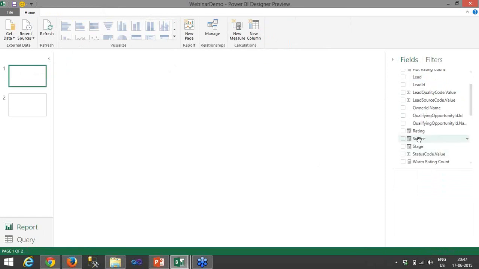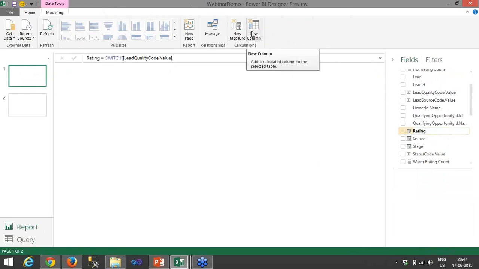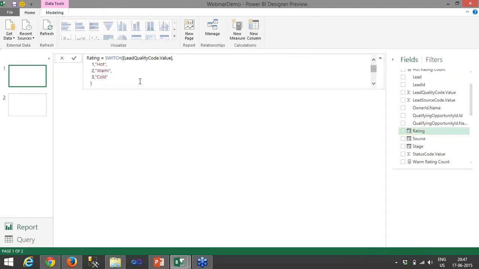For example, this is one calculated column for rating. So what is a calculated column? We have an option over here to create a new calculated column. It's a user-defined column which we calculate based on an expression, a DAX expression, that is Data Analysis Expression, as you can see here.